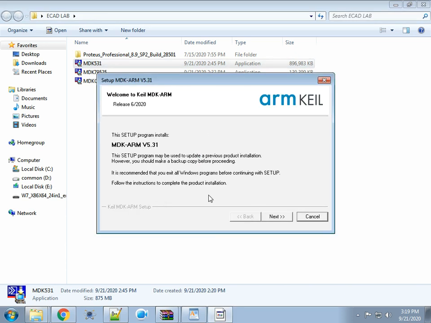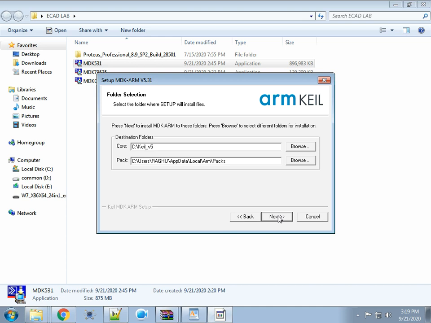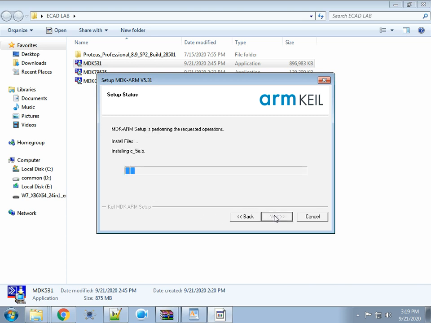Here you need to select directly ARM, version 531. It is the Keil 5 platform. Here you need to select the same thing, just give the default. Then give some name like ECE; I am giving my last name. The choice is yours, and the company name is nothing. If you don't want to give proper data, no problem. Fill in anything.